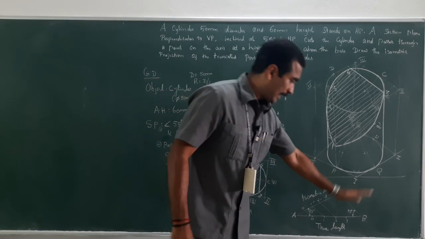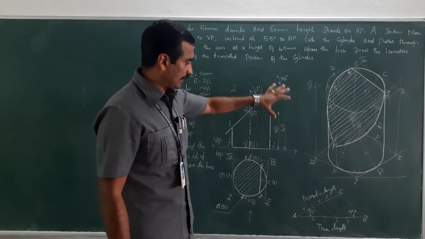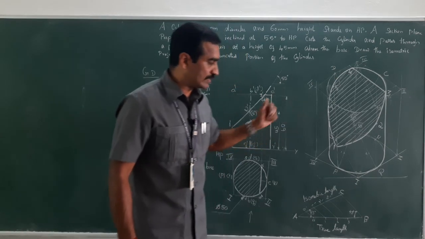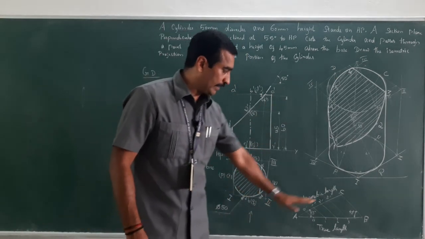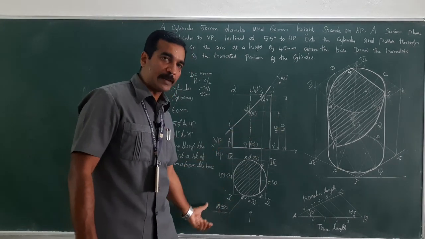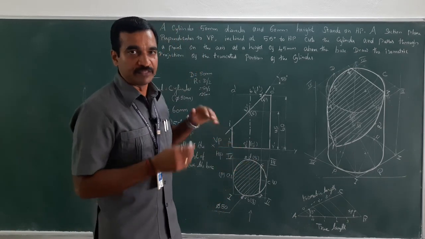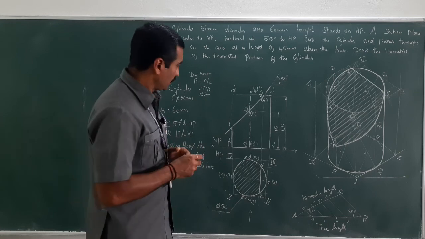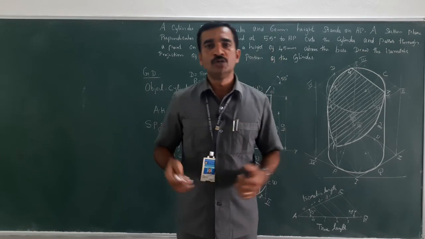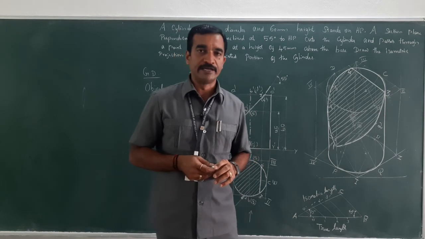Then if you want, you can add one more thing, that all dimensions are in mm, because whatever I have drawn here is based on mm, so the unit of the dimension is mm. You have to open up a guideline of 5 mm height and mention all dimensions are in mm. Since I don't have sufficient space, I am not mentioning it here, but it's your duty to mention it within the guideline of 5 mm. With this, I have completed everything. Hope you have all understood how to construct the 3D, that is, the isometric projection of the truncated cylinder. Thank you.